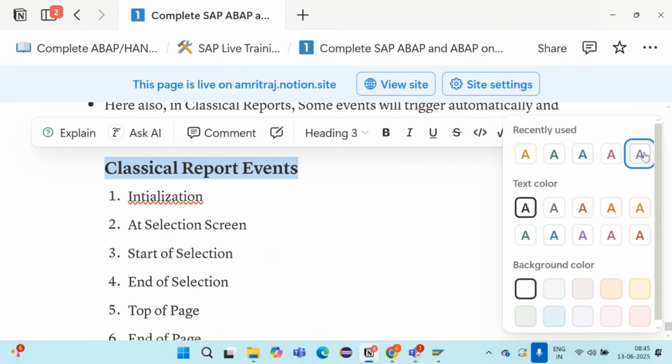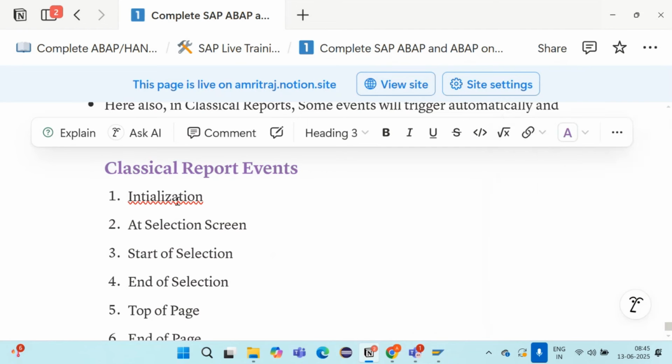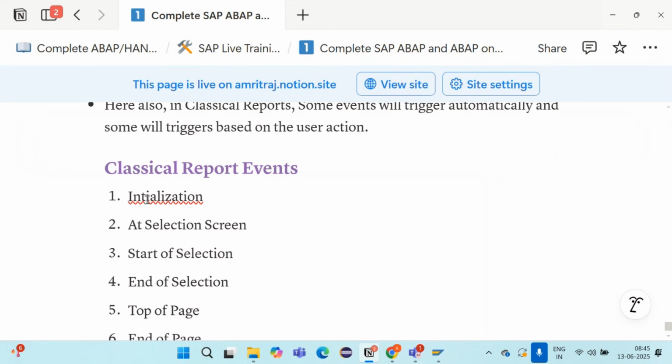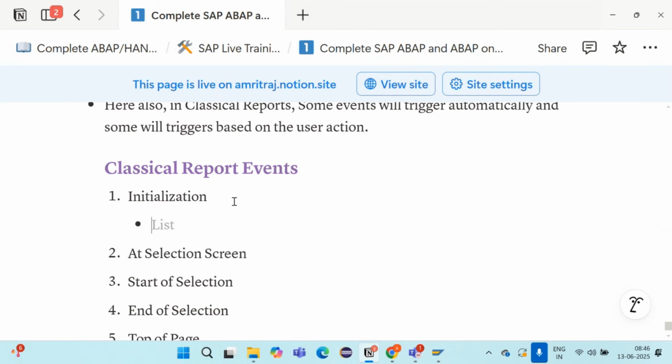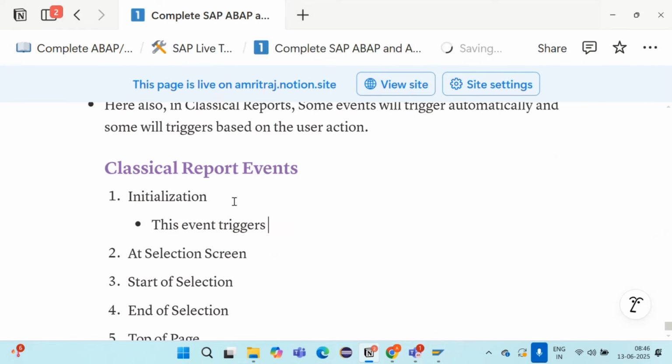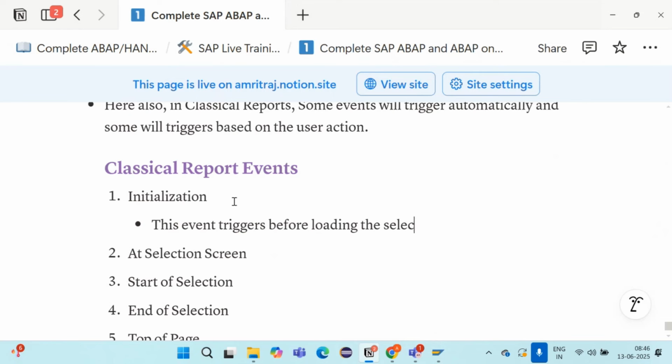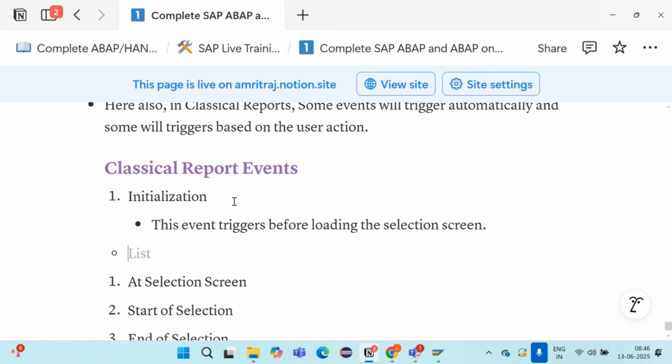In classical reports, the very first one is initialization. This event triggers just before loading the selection screen.